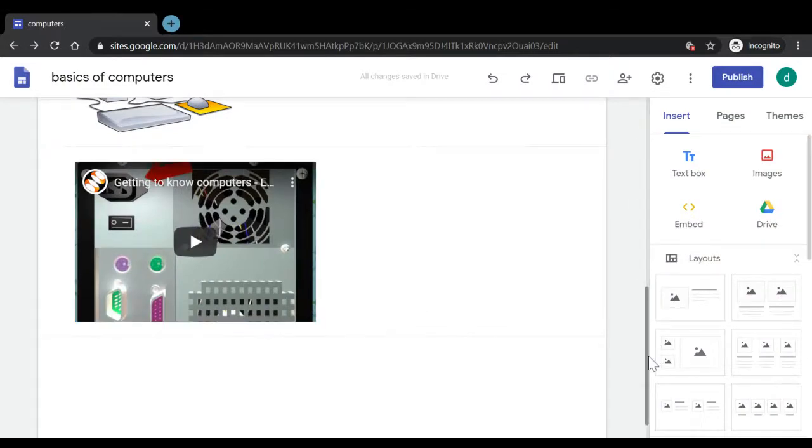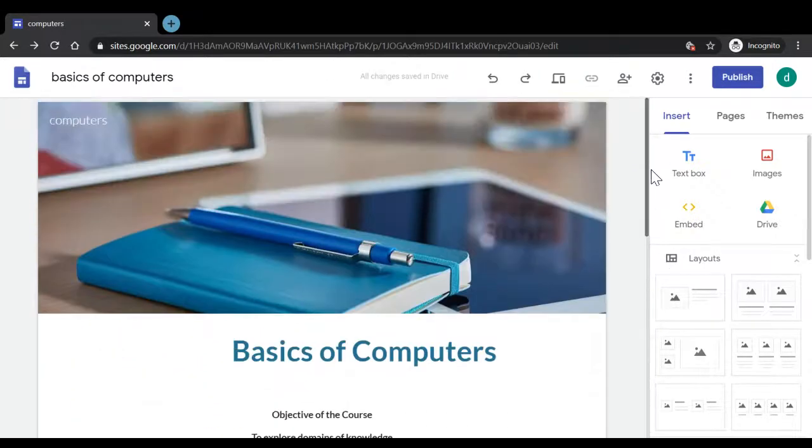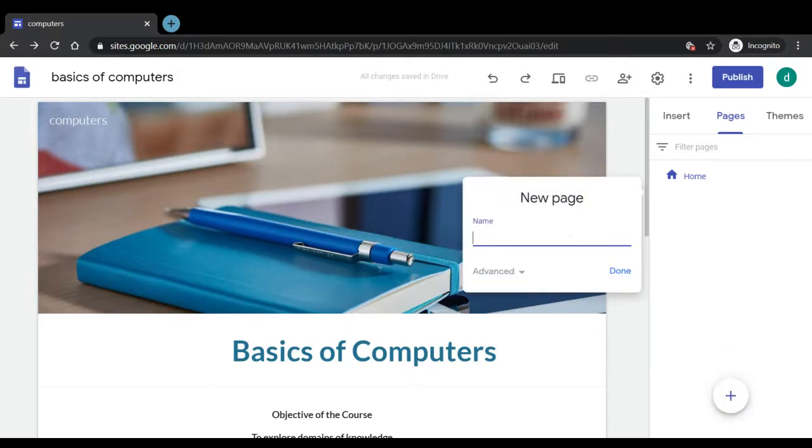Now, apart from adding or embedding some kind of videos here, we also have the option that when a student opens this first page, he or she should just see this much of content. And now we want to have some hyperlinks inserted here. It can be done by adding some pages, if you can see here. Let's click on pages. And at the bottom, we have the option of add. So we can either add directly a new link or we can add a new page. Let us try and create a new page.